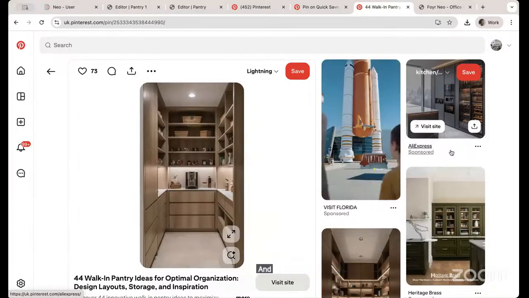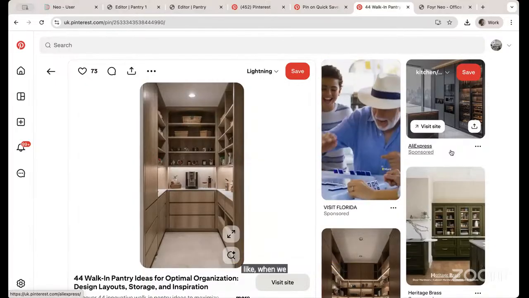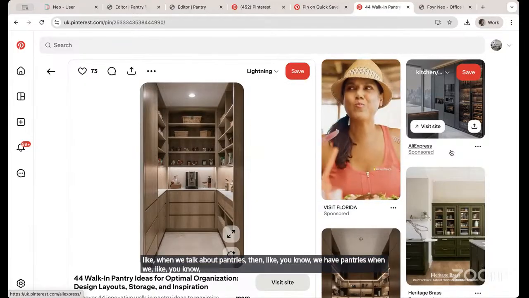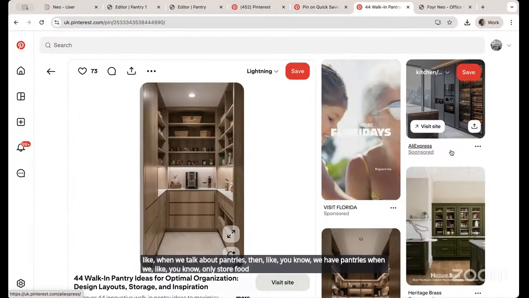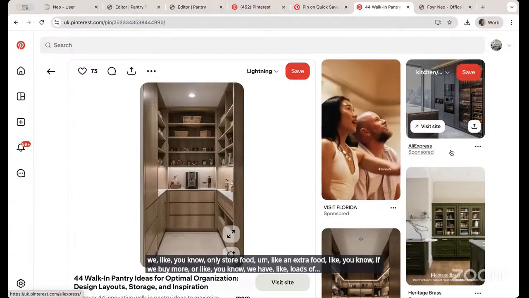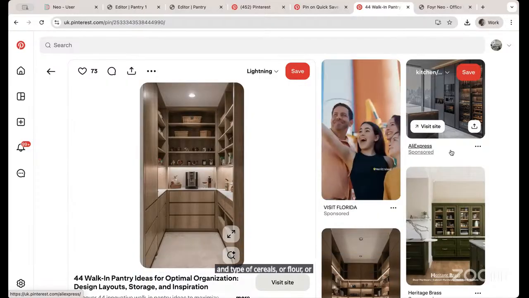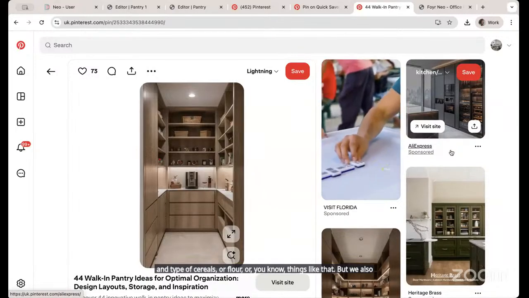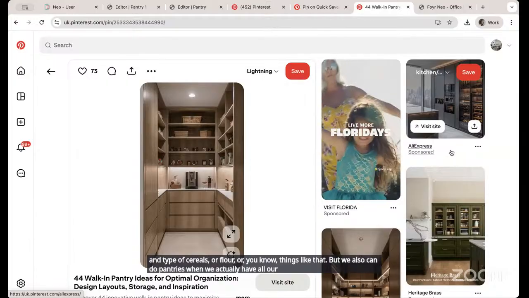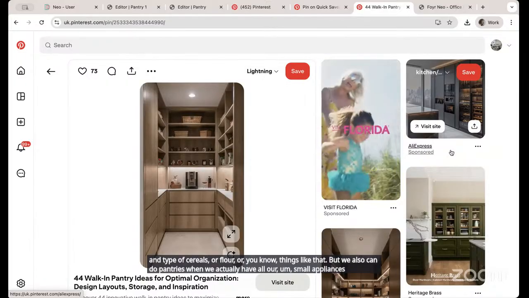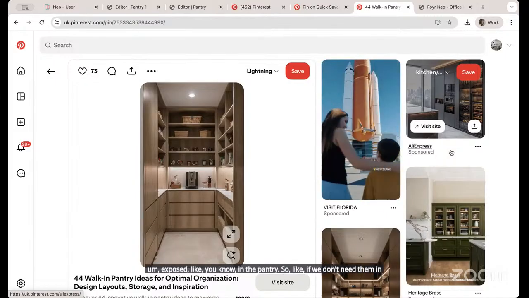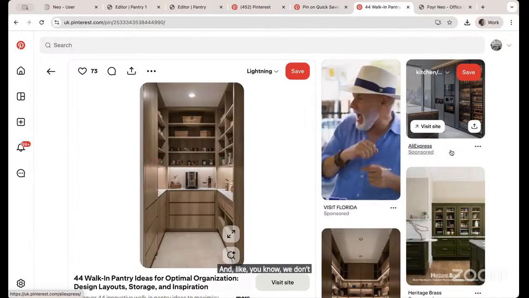And when we talk about pantries, we have pantries where we only store food, like extra food if we buy more, or if we have loads of types of cereals or flour or things like that. But we can also do pantries where we have all our small appliances exposed. So if we don't need them in the kitchen,